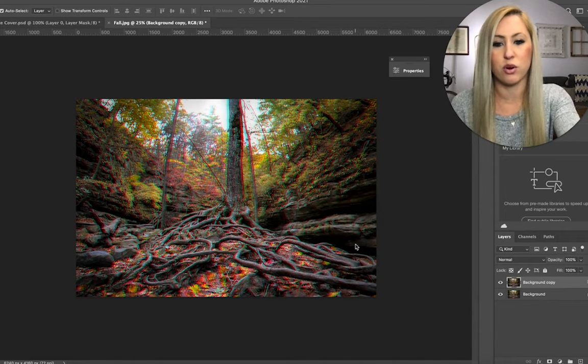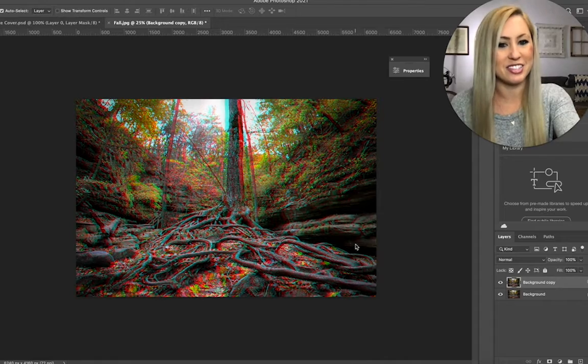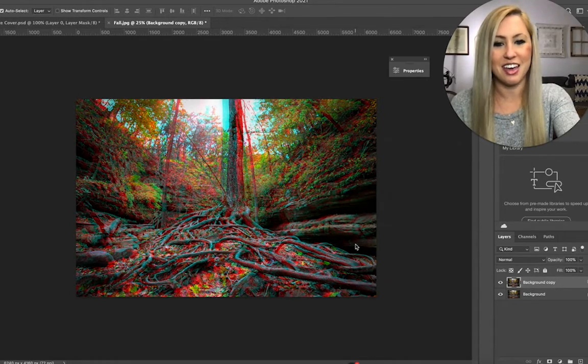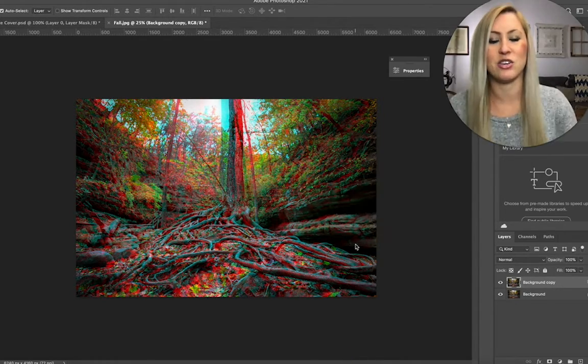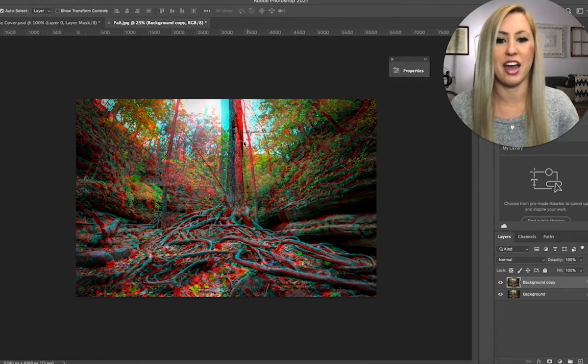layer right or left, slowly you start to see the difference, that the channels are dividing and you get that nice cyan blue and red that's going to look like that 3D